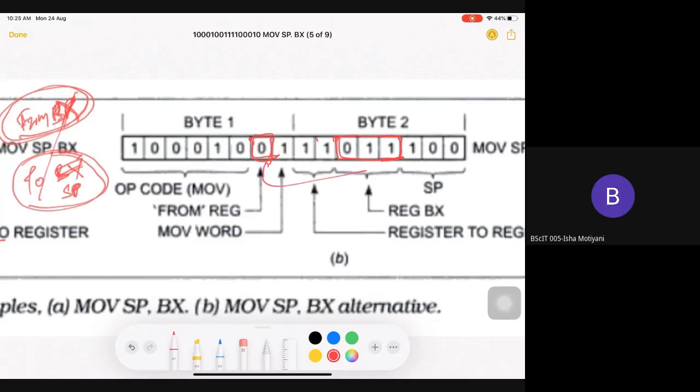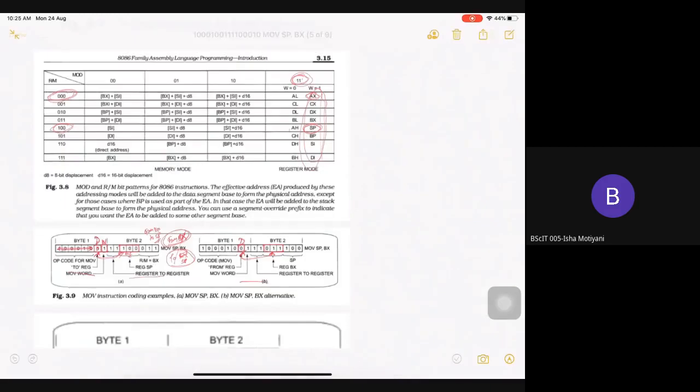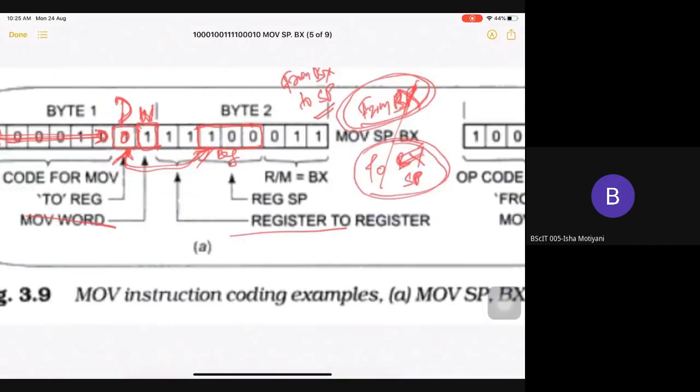So these and these are associated. Whatever you are considering as your REG, accordingly you need to write down your D bit. Fine?